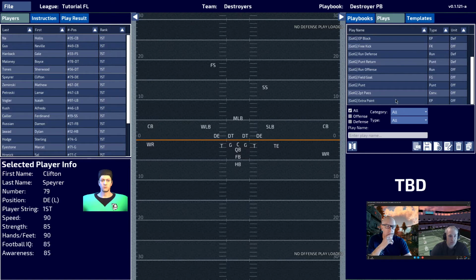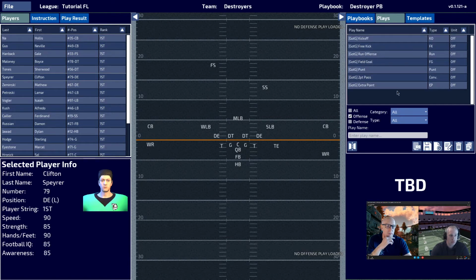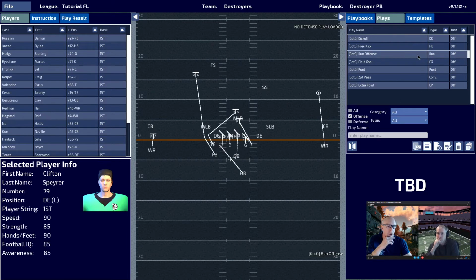So, for example, let's filter out some offensive plays by clicking the offensive checkbox. Grab the offensive run. I just double-clicked it. You can also use these buttons to load in a play. So let me filter on the defense, grab a run play from the defense, and then let me load it